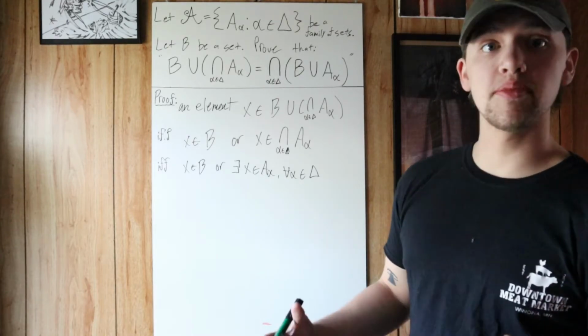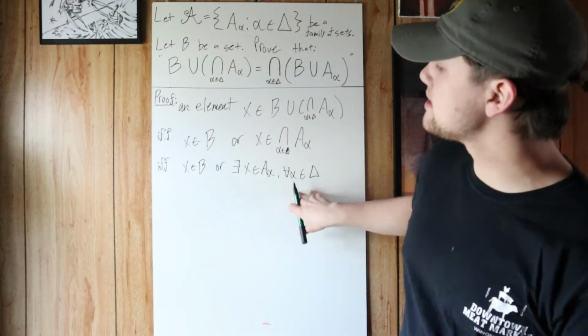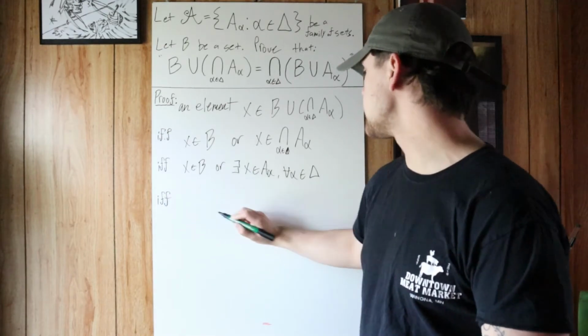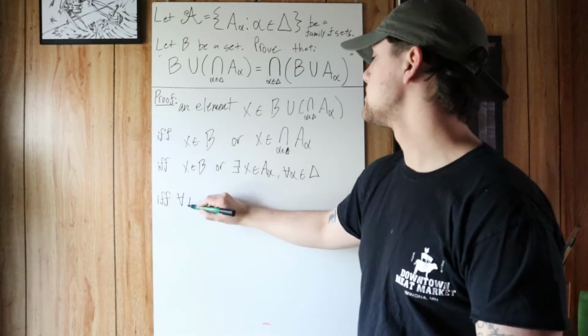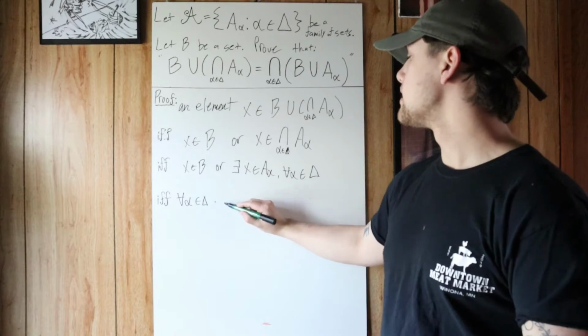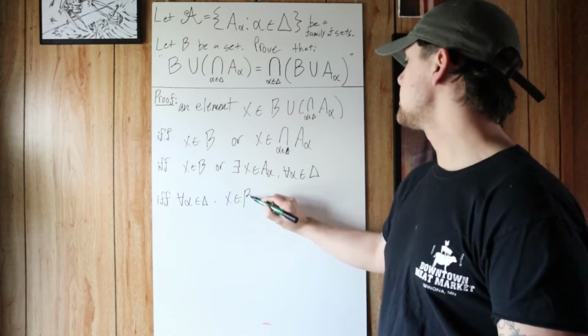And so breaking that apart further, we can take this statement here and put it up front. So this is true if and only if for all alphas within our index set family, X is either within B, or